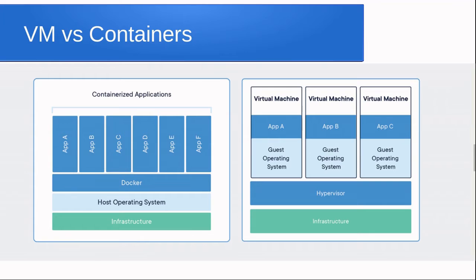And then let's have a look at virtual machines versus containers. So your virtual machine will typically consist of an infrastructure, which is your hardware, and over it there will be a hypervisor layer. If you're not aware what a hypervisor is, it basically creates a virtual layer and acts as an interface for your virtual machines to communicate with your infrastructure. Infrastructure means your typical hardware like RAM and CPU.